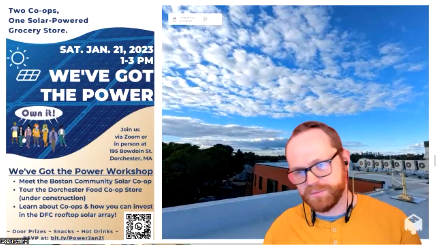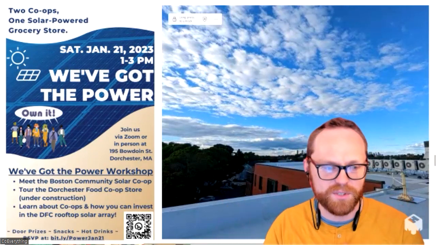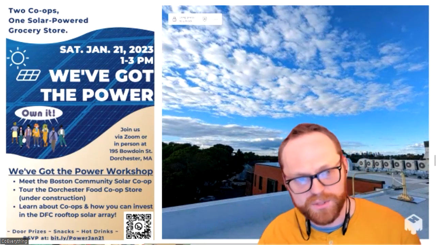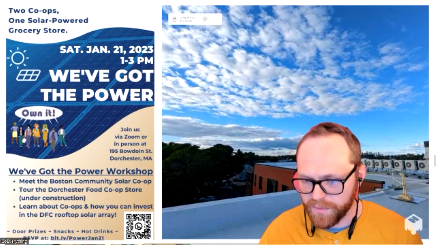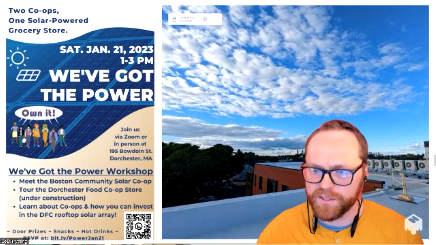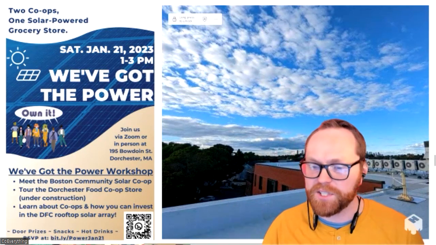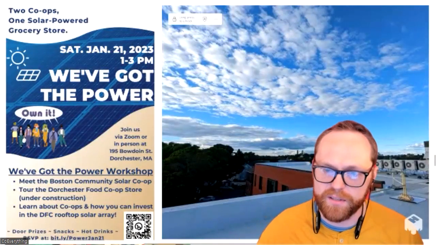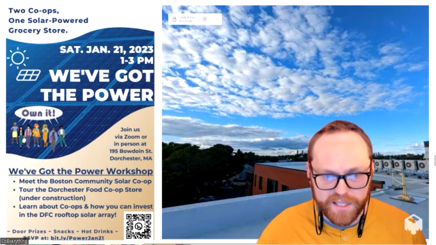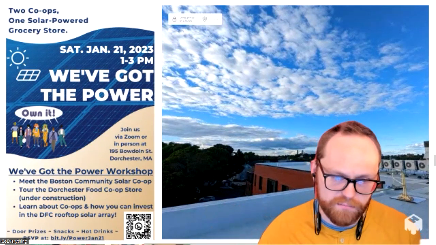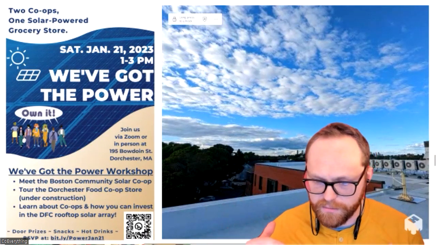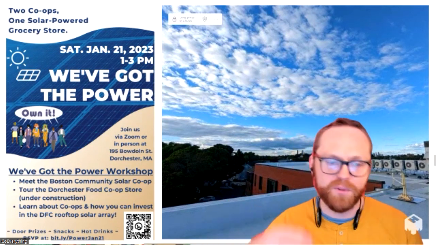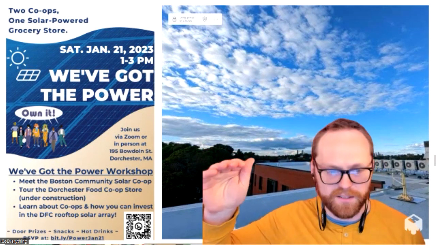What's exciting about this small world connection is that the very first solar array that we'll be developing with this new solar cooperative that we're helping found is actually on the rooftop of the Dorchester Food Co-op's building, which I didn't mention, but the rest of that building is developed by Viet, a community development corporation, and the whole building is affordable housing, and some of the units are extremely low income affordable housing. So affordable housing with a community-owned grocery store on the bottom, with a community-owned solar array on the top.